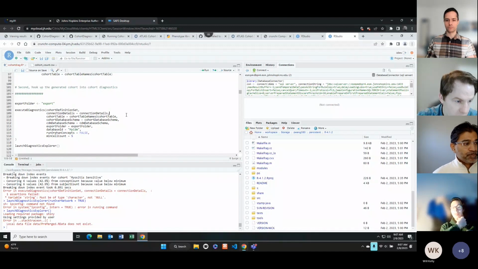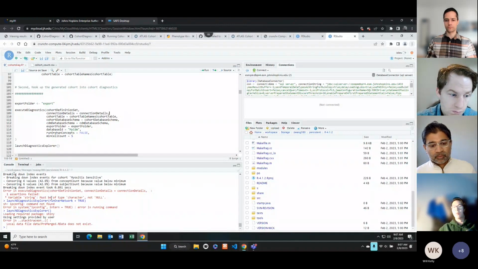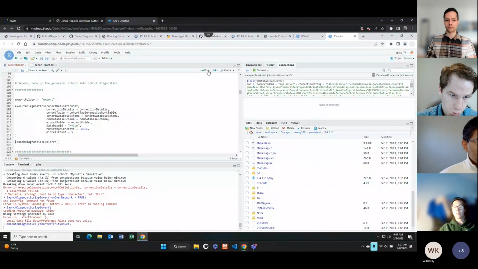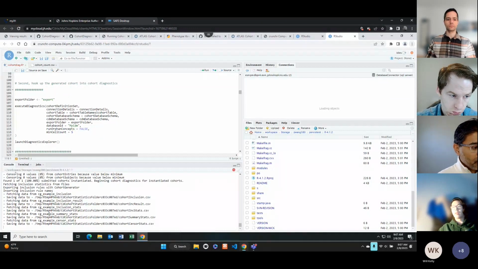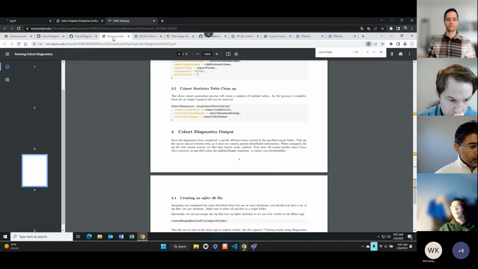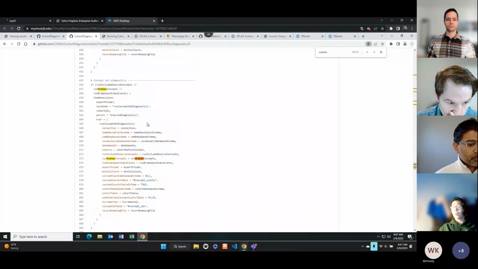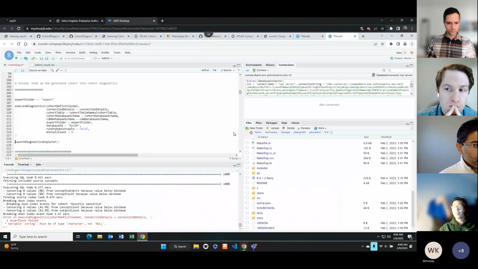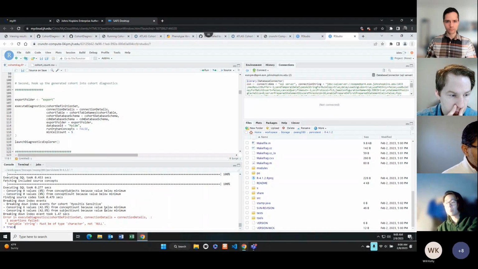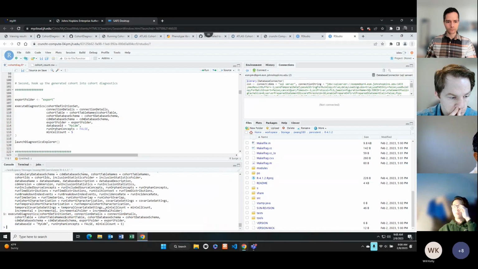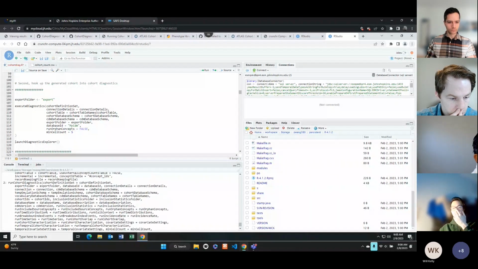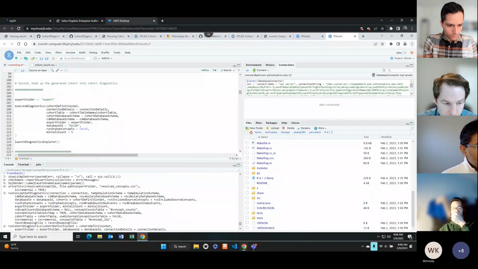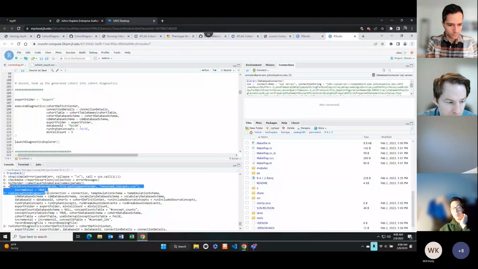Yes. I tested that, but I still am getting the same error. So I have it pulled up here. I can try to run this one more time. But basically, I did a bit of a deeper dive into the Cohort Diagnostics code. And essentially, this run orphan concepts parameter, if we look at the traceback here, it is executing diagnostics. And then it's this portion right here, which is the write to CSV, in the final stage of